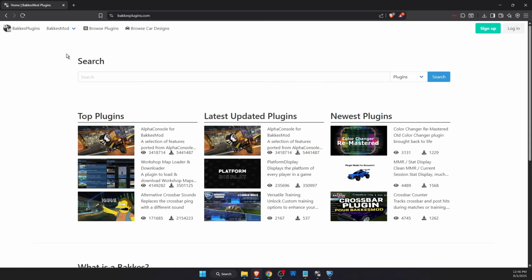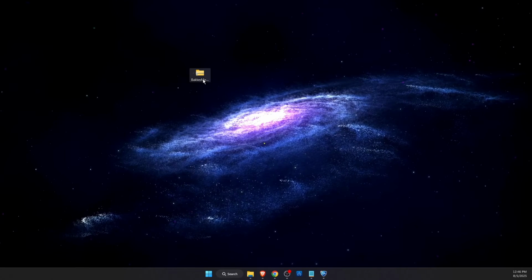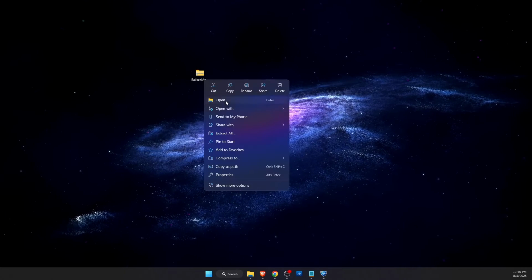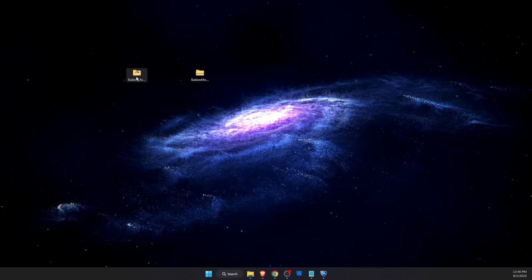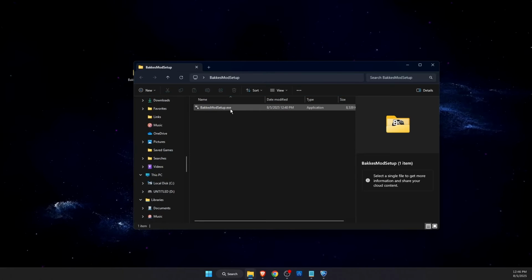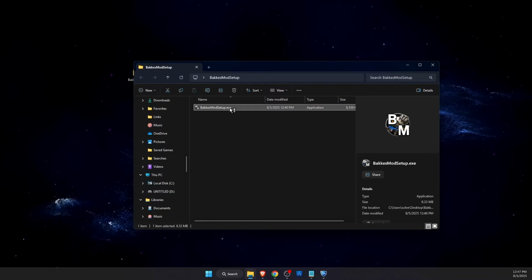So you're going to go to bakkesplugins.com, then choose BakkesMod and press download BakkesMod. After that you will have this zip folder which you want to go ahead and extract. Then you will have this folder, BakkesMod setup, and you're going to press on it two times and just go